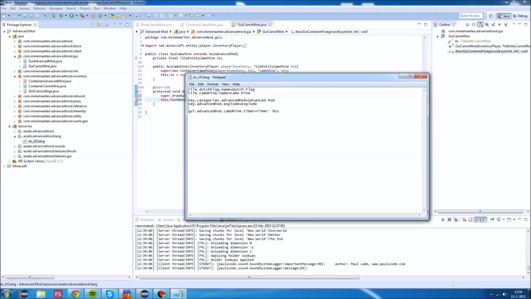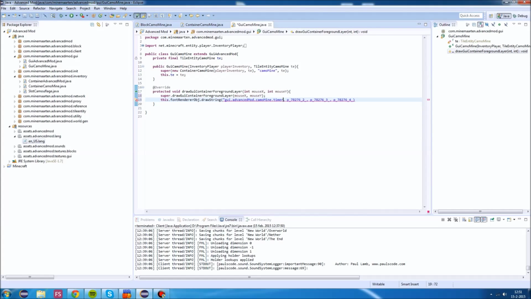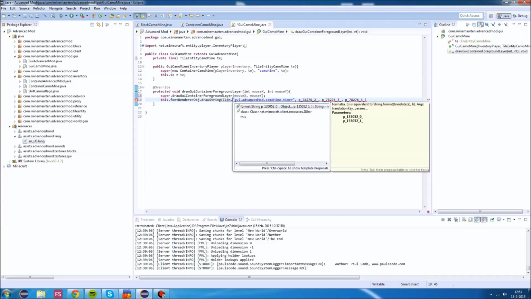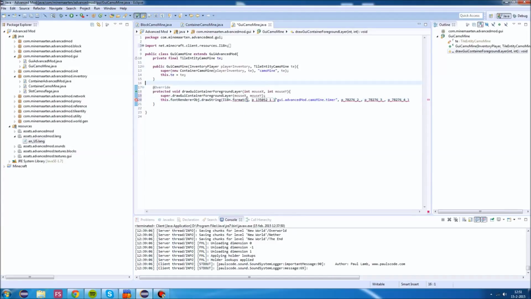So what I'm going to do here is use a language key which contains some formatting. You've got this key, and this value, %s, will be replaced by a variable. So we can do it right here, and we can place this language key in here. We can do i18n format,